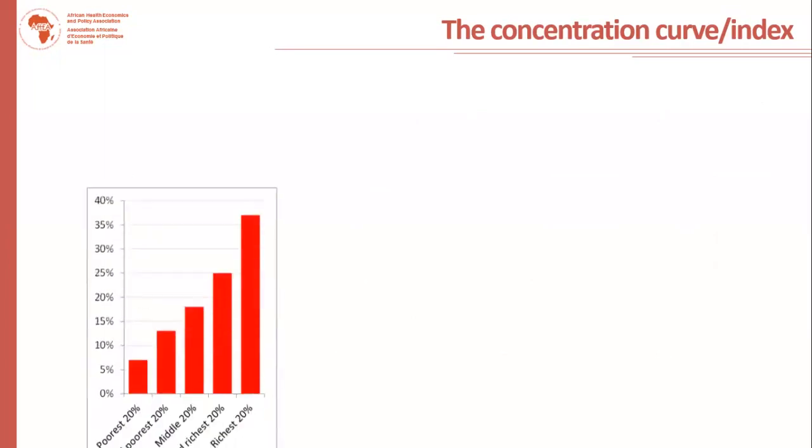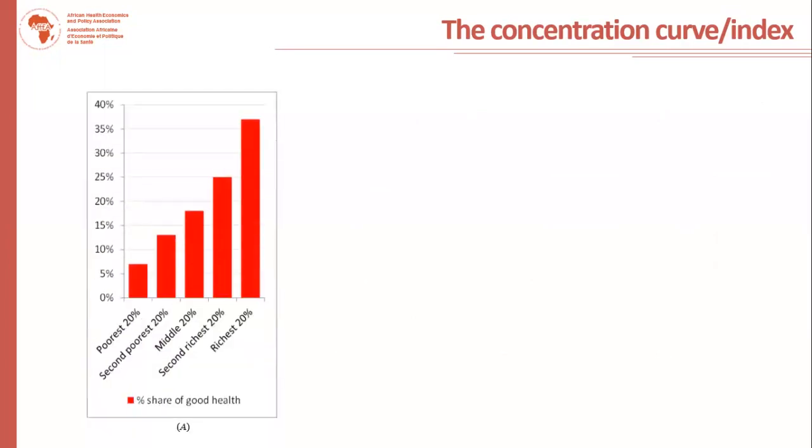Now to plot that on a graph, you see, this is the case of good health. You will see clearly that pretty much the same information I gave you, 37%, 7%. And you see that? That's the gradient. If you give this to a policymaker, she would understand. At least, she may not fully understand, but better than the index. The same here with